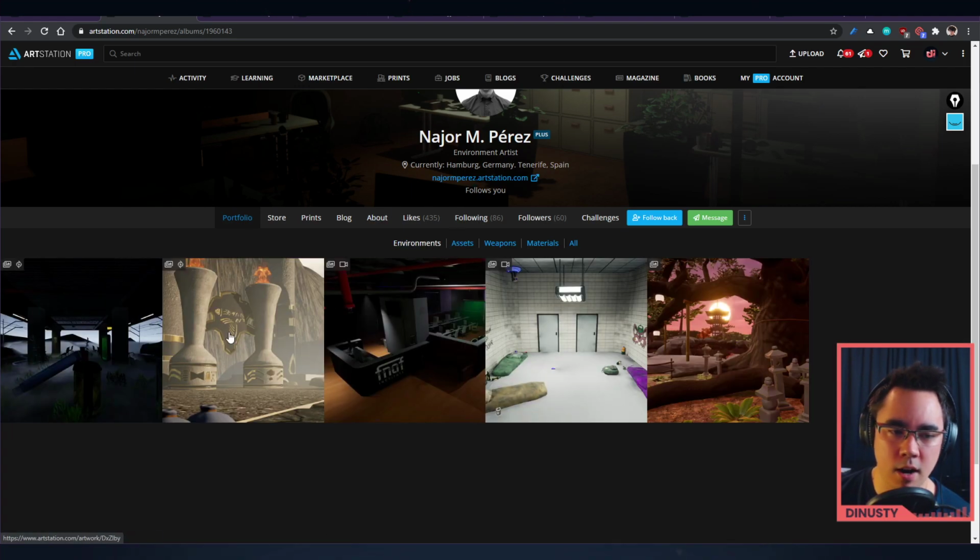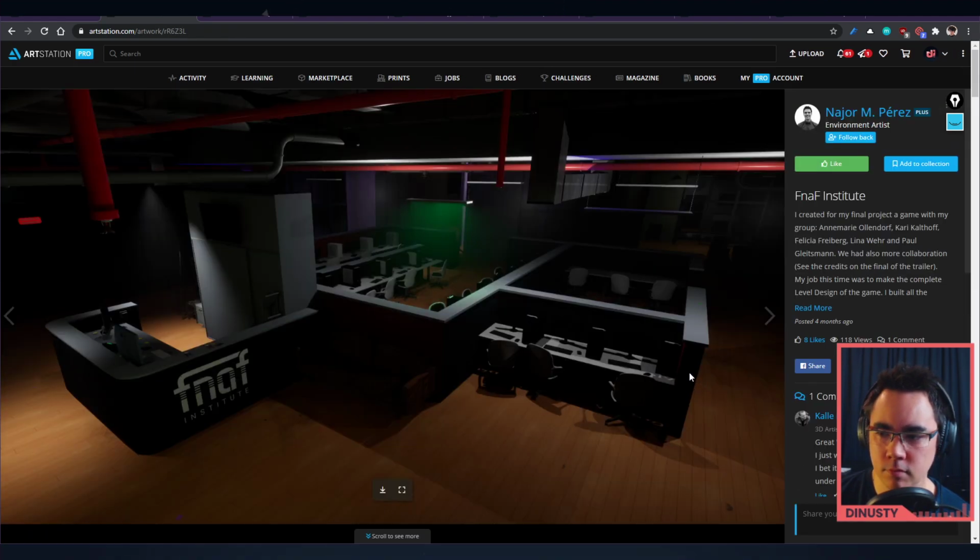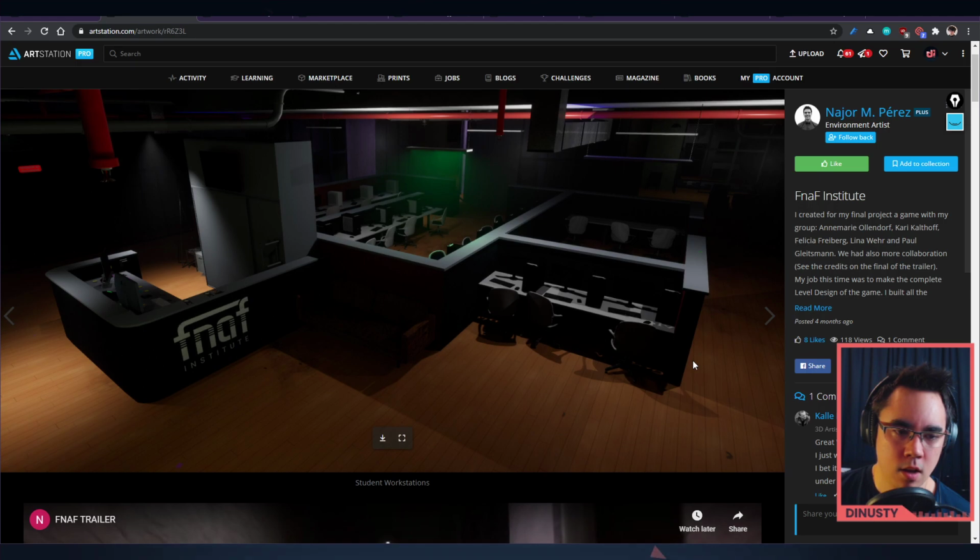Look at the environments. All right, let's pick one. So let's look at this one. Okay, so in this environment, right now it looks like a lot of things aren't textured, and it's just the danger of using a color that's very similar to an untextured surface, right? The other thing is when you use darker colors like this, make sure they're inside of the PBR range. You don't want to go too dark.